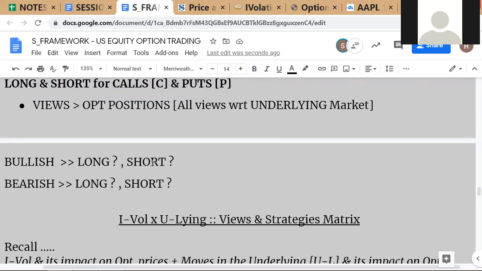Now here, the question that we are asking is, how do your views lead to your option positions, in the sense of what kind of views? So the question is, you've got four types of option positions. Now, which one will you take? All right. So if you look at any kind of,